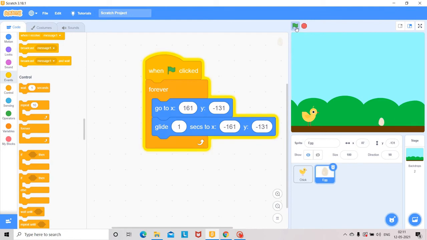Okay, let's start now. But in 1 second, the gliding is not appearing well, so you can change the gliding time to 3 seconds. Now you can check.